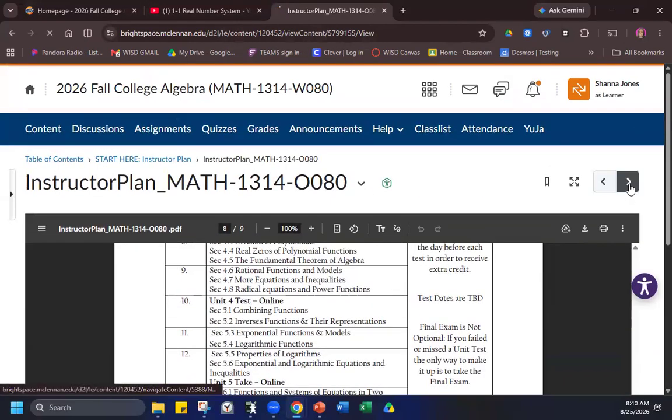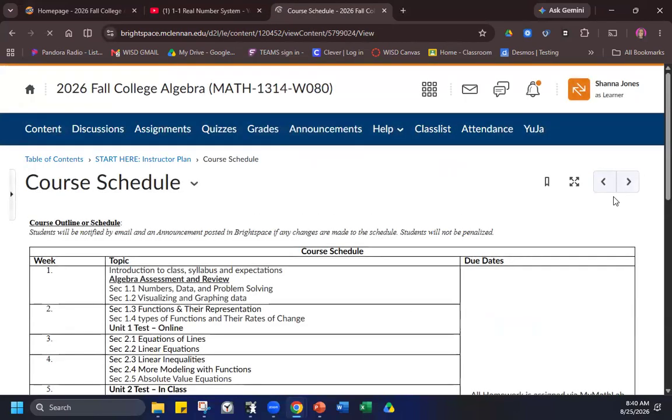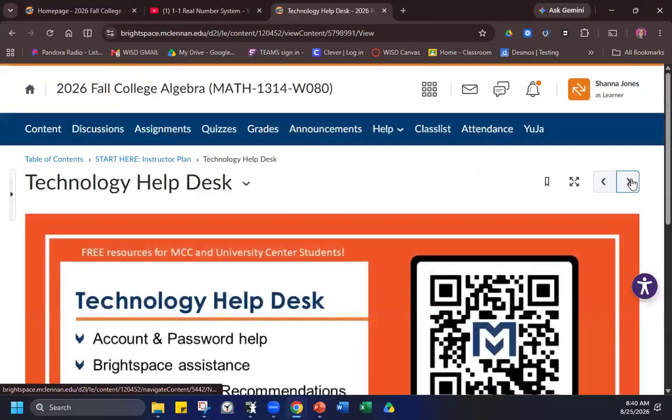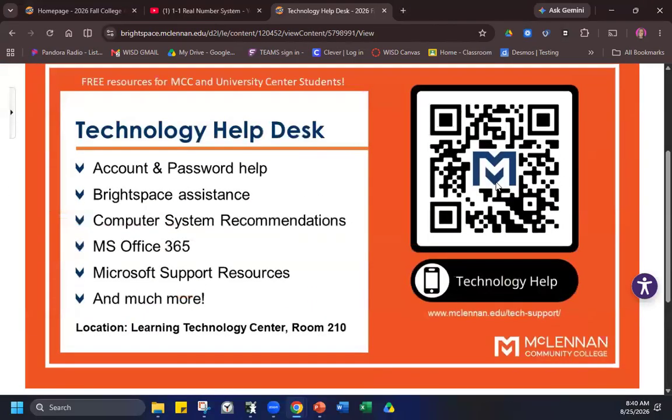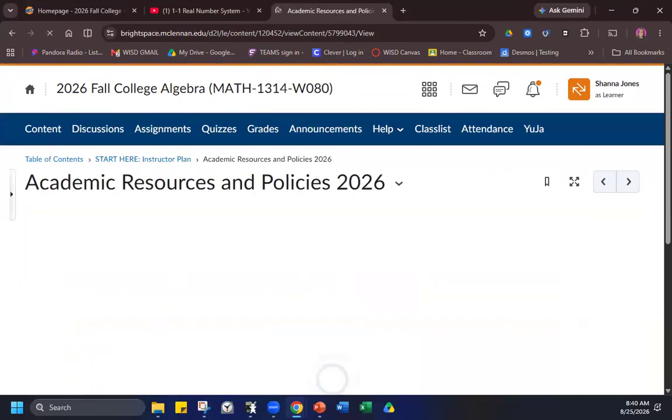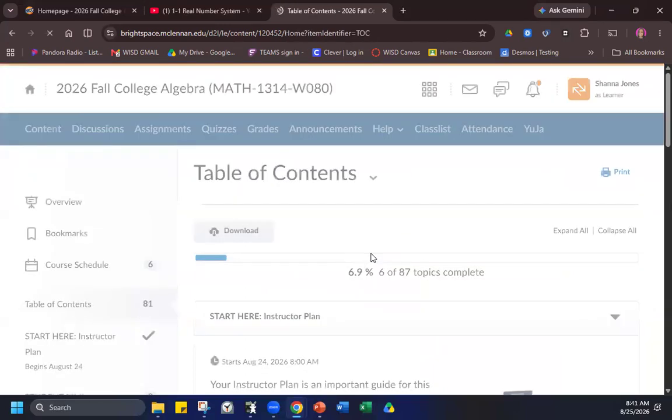So I'm going to click next because this is a module-based class and it takes me to the next thing. I put the course schedule in there again. Your syllabus got in there twice. If you have any technology issues, I'm not the person to fix them. Okay. If you're stuck technology-wise, you're going to contact MCC. Okay. If it's a My Lab thing, then I will try my best to help you with Pearson. But for the most part, that's for them. And then you can read through your academic policies that should be posted in all of your Brightspaces. So we're not going to go through that.